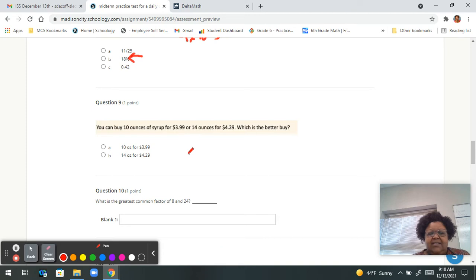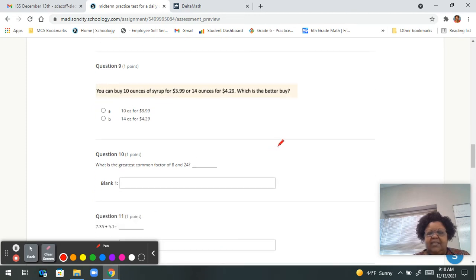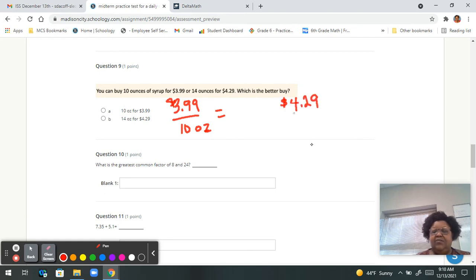Okay, you can buy 10 ounces of syrup for $3.99, or 14 ounces for $4.29. Which one is the better buy? So you're going to do $3.99 divided by 10 ounces, and I'm going to use the abbreviation for ounces. This is a unit rate problem, guys. Anytime they're asking you for the better buy, it is a unit rate. I'm going to do these on the calculator. I can do them by hand, but yeah, I don't want to do that. So when I divided $3.99 by 10, I got